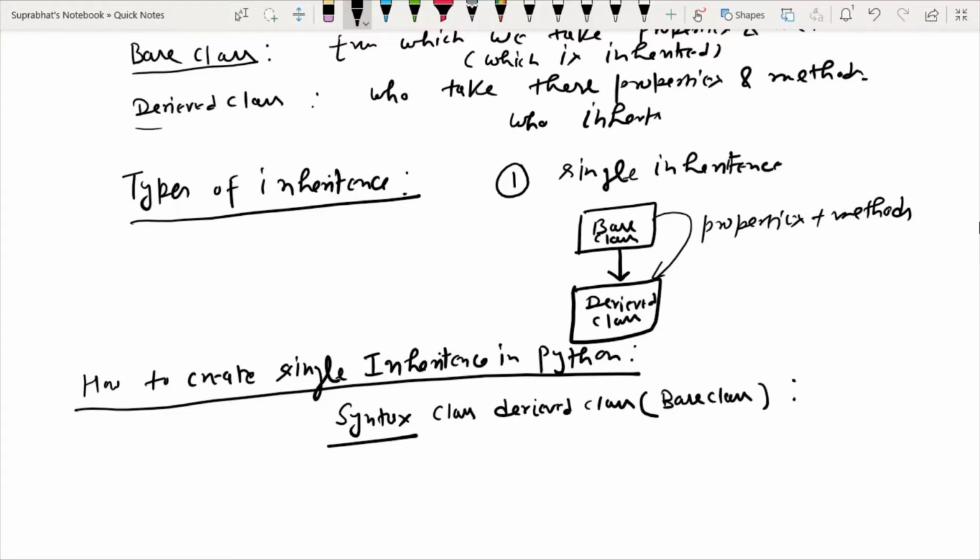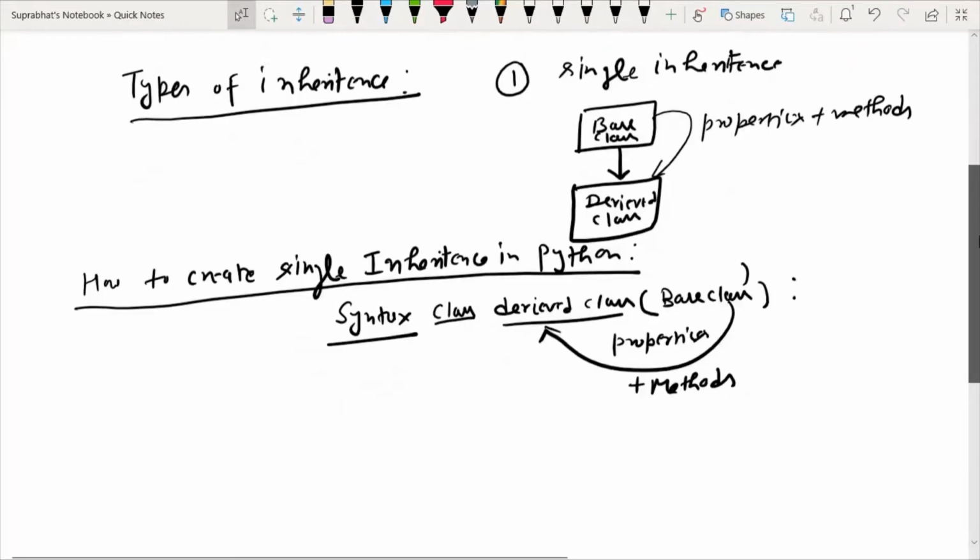This is the syntax: class keyword, then the derived class, and in parentheses the base class. This base class gives its properties plus methods into the derived class. We will understand this by a practical example.